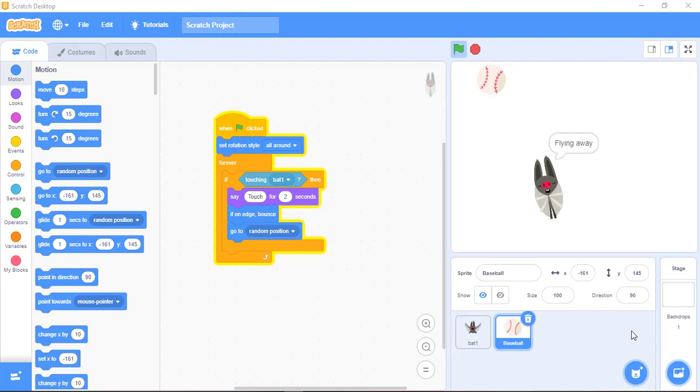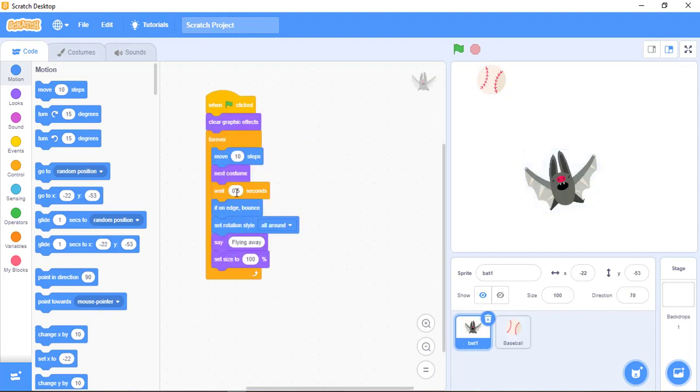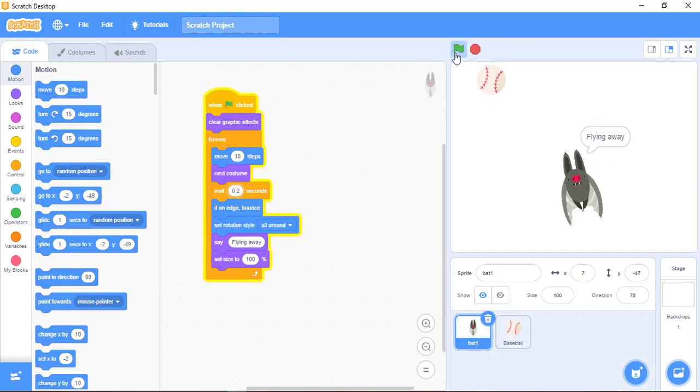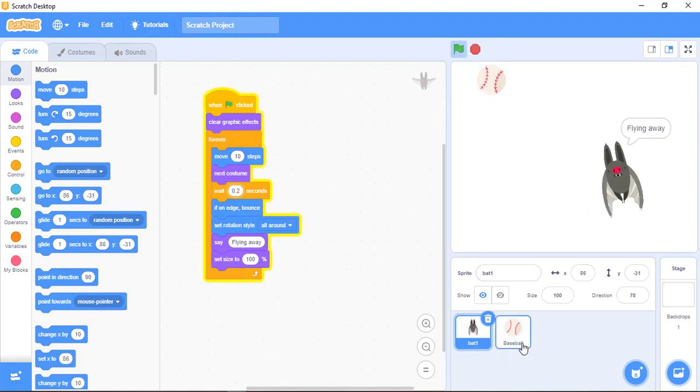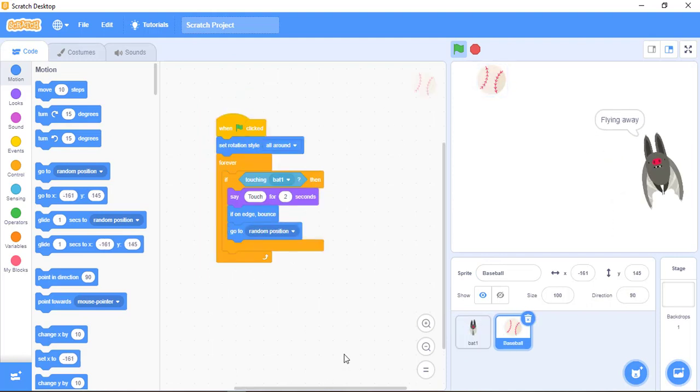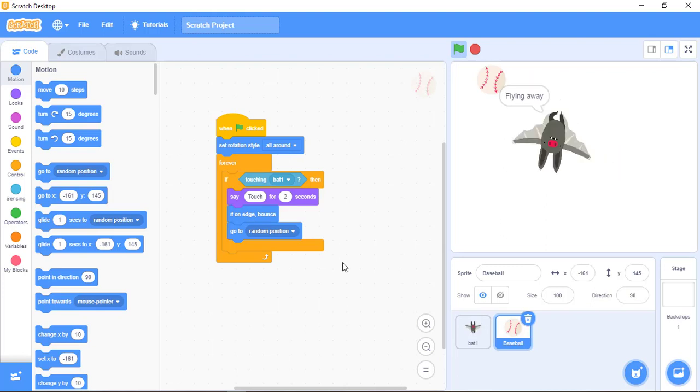Okay, so just to make them move a bit faster for the purpose of the video, I'm just going to change the delay of the bat to a smaller wait. I'm going to change it to 0.2 so that it can move a bit faster. So you can see it actually touching the ball without me having to do anything. So it's going to the ball. Once it touches it,